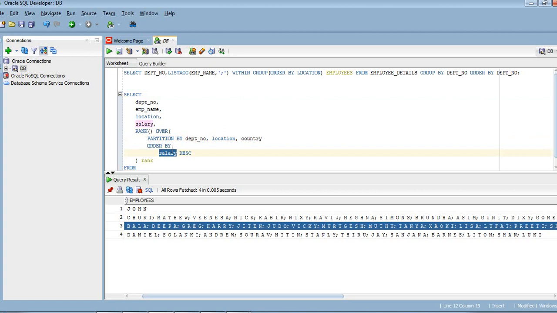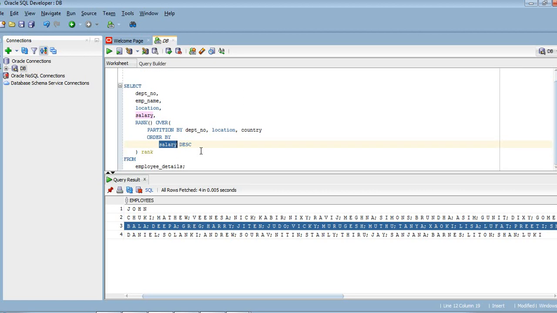So who is the highest paid salaried person, that employee's name will be printed at the top, and then the next highest paid person's name and details will be printed. So in that way. Let me run the query and then I will explain the result of our output.